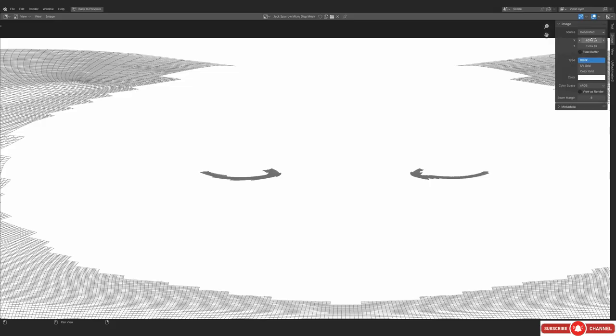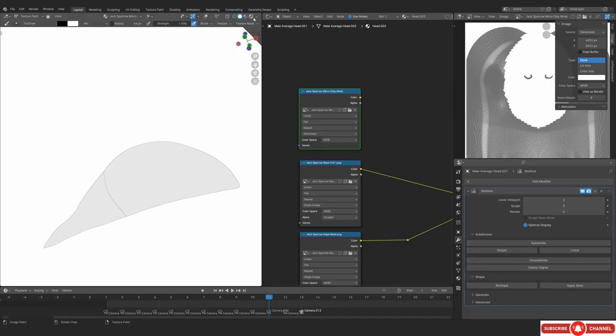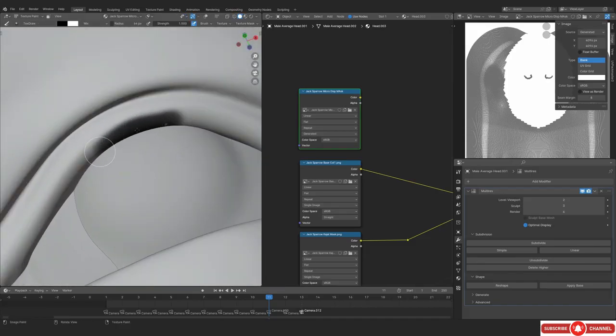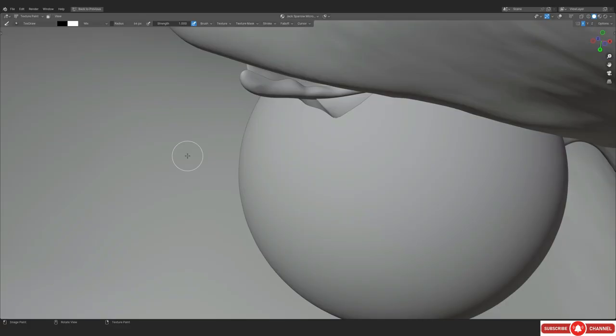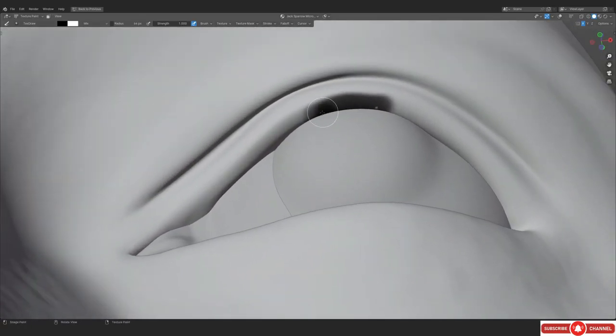But in this case, I'm actually increasing the size of the image from 1K to 4K because I think the resolution that we were painting with was a little bit too low. So I think it's best to increase the resolution a little bit. And you can see that it is working pretty smoothly. So I don't really see a negative side to it. I mean, more resolution is always fine, right? And yeah, you can see that I'm literally painting it with black.